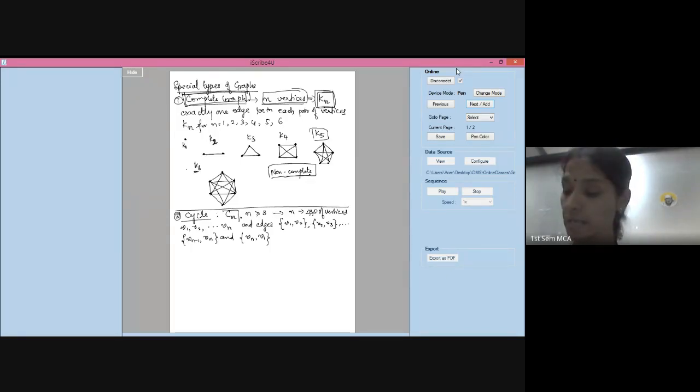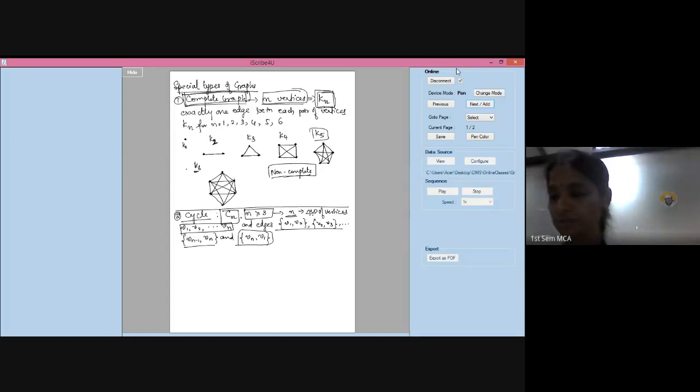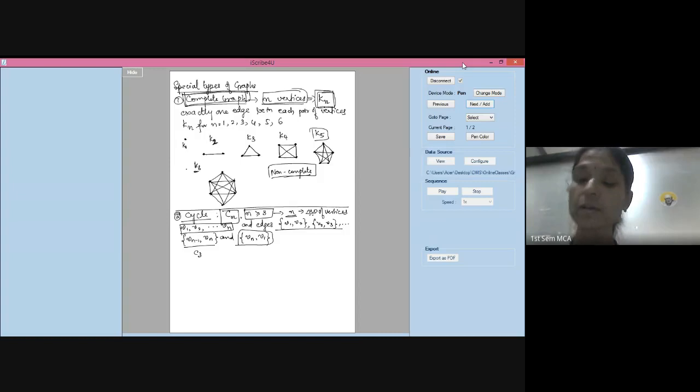As I said, I'll repeat again. What is a cycle? Cycle is represented as Cn. N should be greater than or equal to 3 because you cannot have a cycle with 2 vertices. That is why we have said N is greater than or equal to 3. N is nothing but your number of vertices, so it contains vertices V1 to Vn. What are the edges? V1, V2, V2, V3. It will go on up to Vn minus 1, Vn, and it will come back to Vn, V1. Now, let me take up C3. C3 is a cycle with number of vertices being equal to 3.